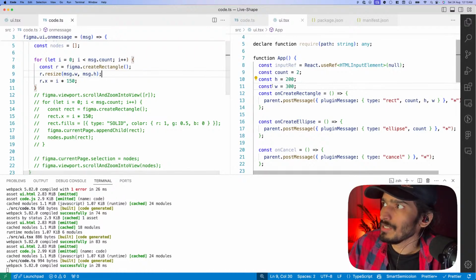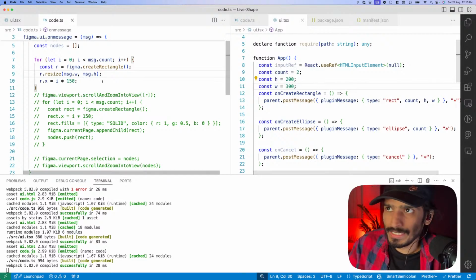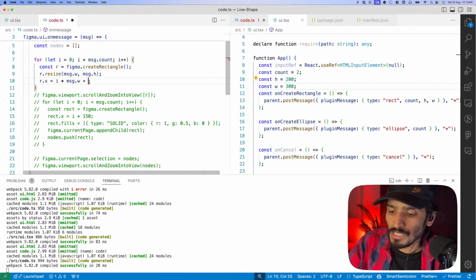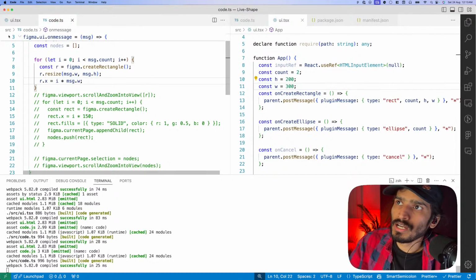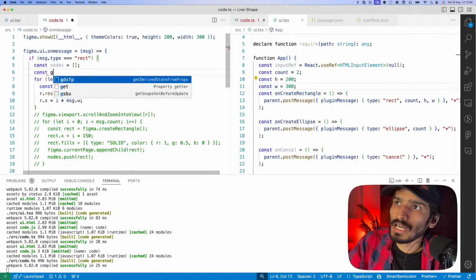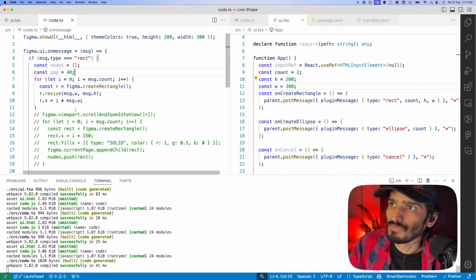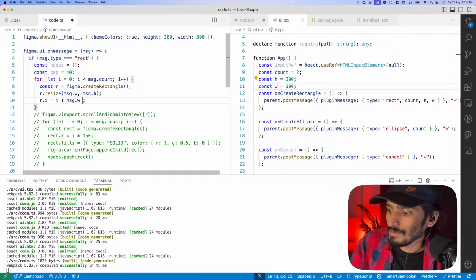So now what we are doing, we are changing the height and width of our rectangle. So this will affect this guy, right? What this guy is doing is number of rectangles multiplied by basically the default, which was 100, so it's always giving 50, right? So what do we need here? We need msg w plus, maybe we need a gap of 50. So maybe we can define a variable called gap, which we can control later, right? So suppose 20 or 50 or 40. So now this guy will add to